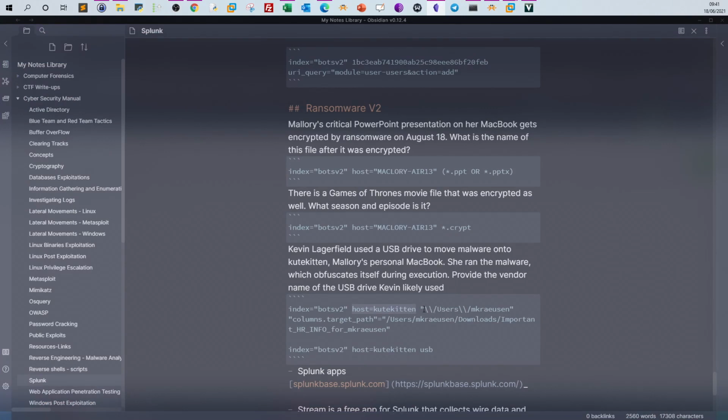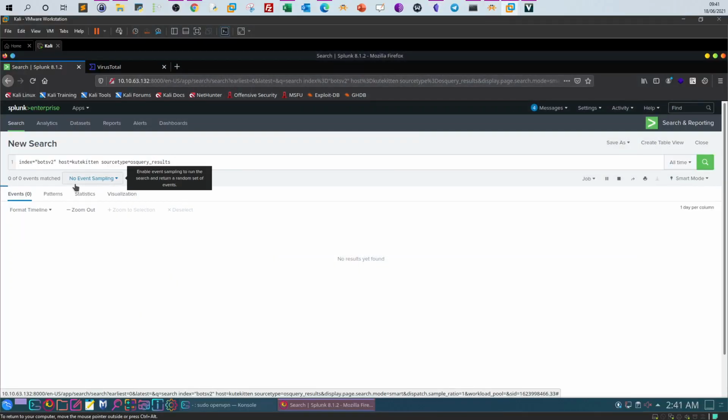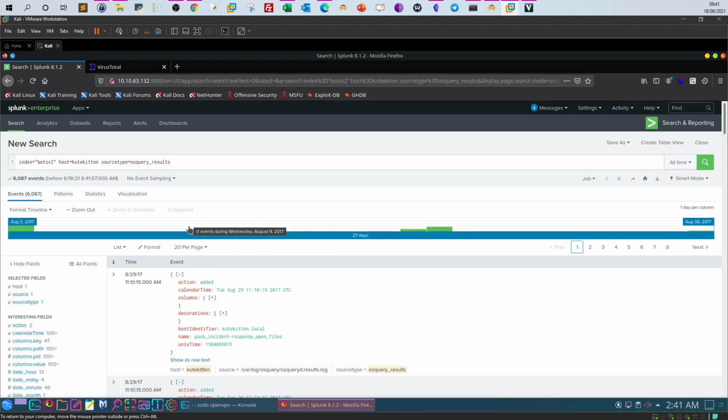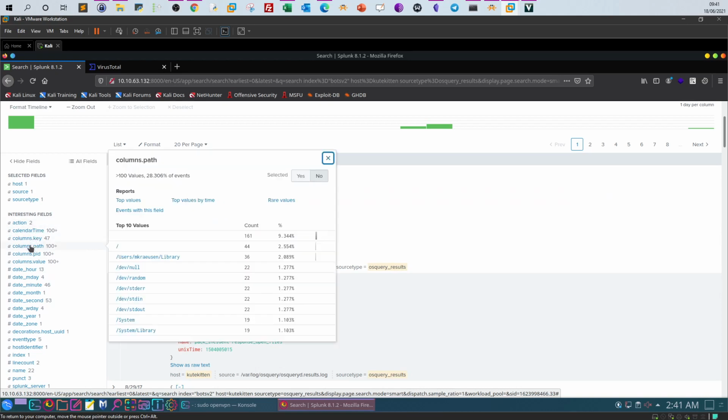So if we narrow the search down to OS query results as a source type, and then we will use a path, users, and the username. But before jumping into this, I'm going to explain how we got into this. So again, we got around 6,000 events. Not bad, probably better than 67,000. But of course, we have to narrow this down more. As you can see in the path column, among the top 10 values, we see a path to library, right? And before the library, we see the username on the device. So if you click on that,